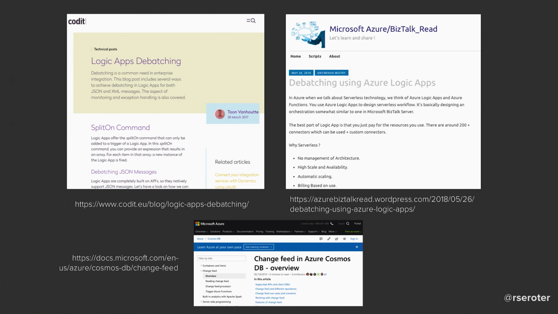The Cosmos DB change feed's pretty awesome, right? This is a log of the database, which you can subscribe to, and every change to Cosmos emits something, and the functions can subscribe right to that. So literally every record that hits the database can immediately trigger a function. Why do I need batching? That's a really nice solution. If I can do that on the relational database too, that's magic.